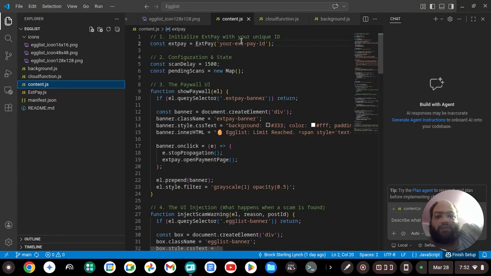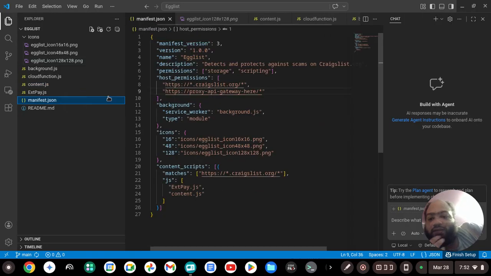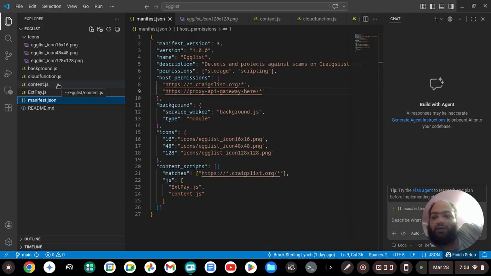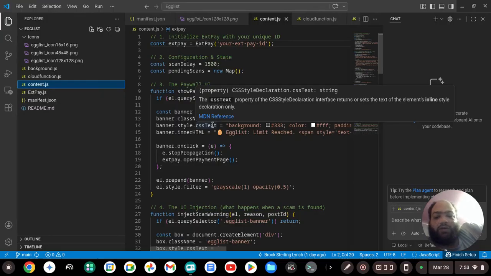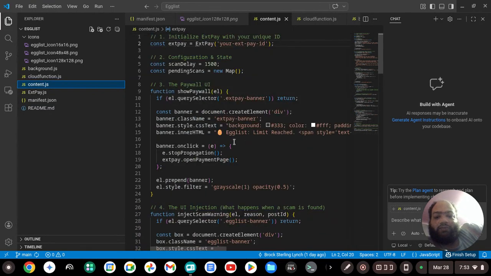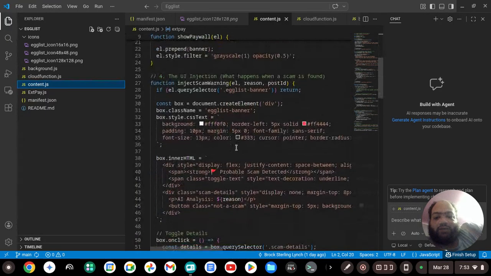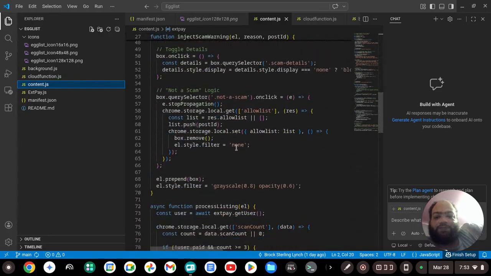XPay is the payment extension. I didn't know this at first, but I did this in another Chrome extension. When you have XPay, you have to load it in here. You have to put it before the content.js so that it imports properly. It's kind of different in Chrome extensions because you aren't actually importing it on the page. It imports it through the manifest.json. So there's that, and then